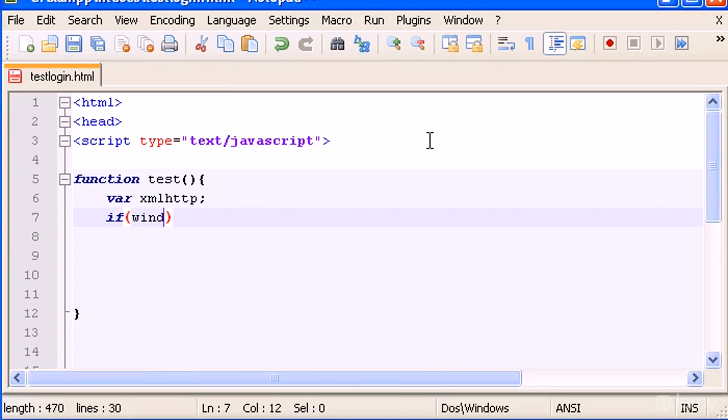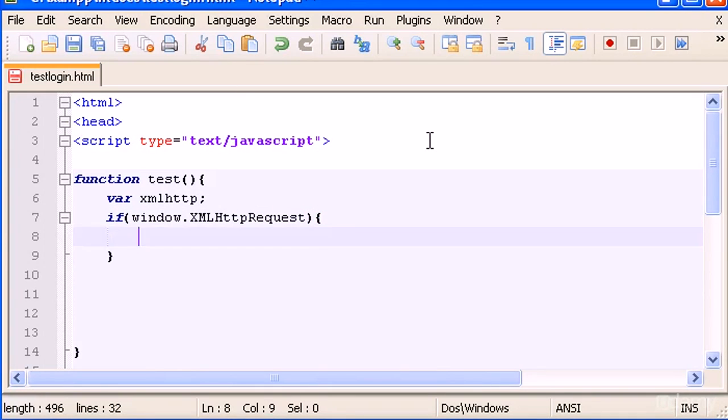So if window XML HTTP request, do this, which is basically XML HTTP equals to new XML HTTP request object,